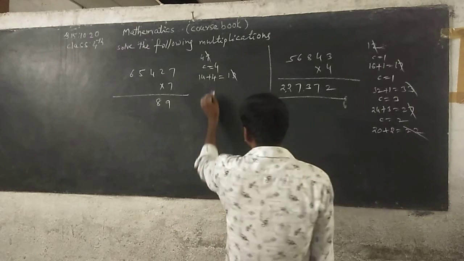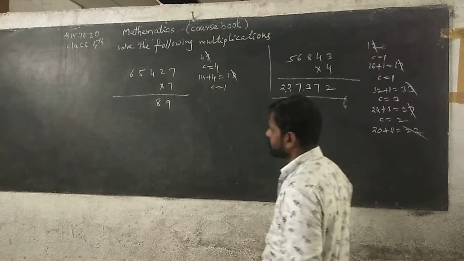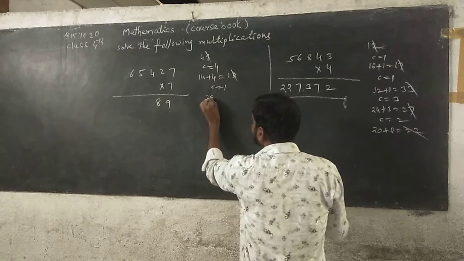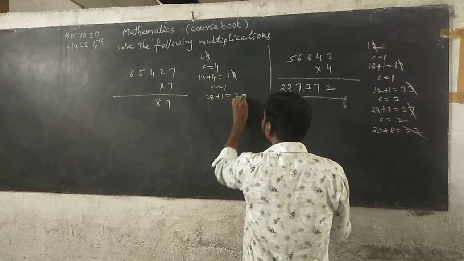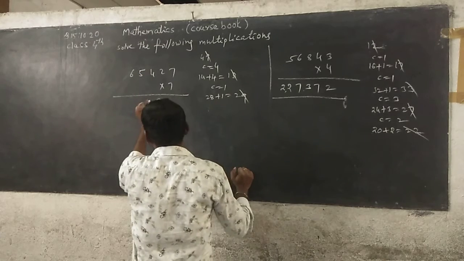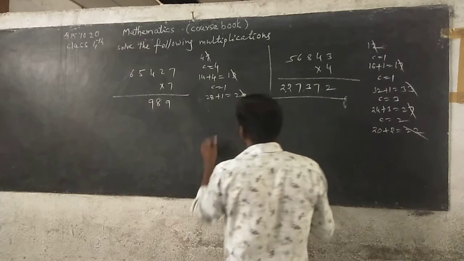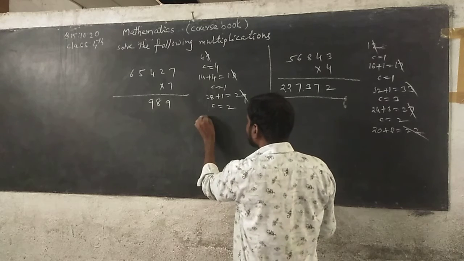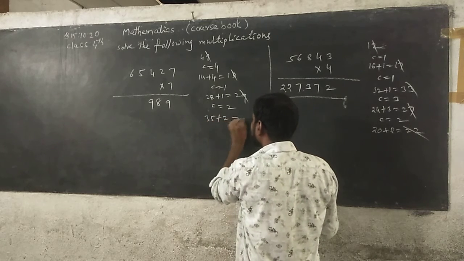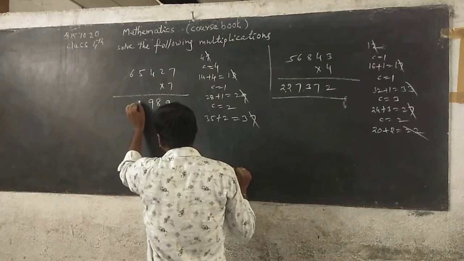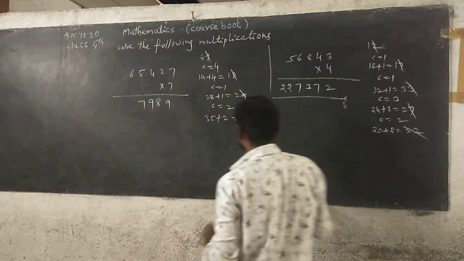Now next, here carrying 1, beta. Next 7 4s are 28. 28 plus 1 you get 29. So 9 you take and write down in the hundreds column of the product. So 9 here, carrying 2, beta. Next 7 5s are 35. 35 plus 2 you get 37. In it, 7 you take, write down under the thousands column of the product and carrying 3, beta.